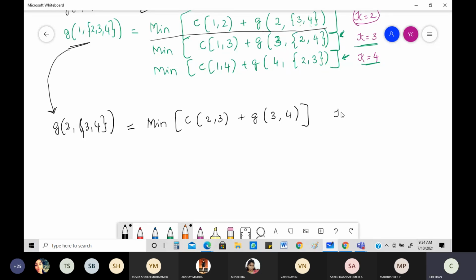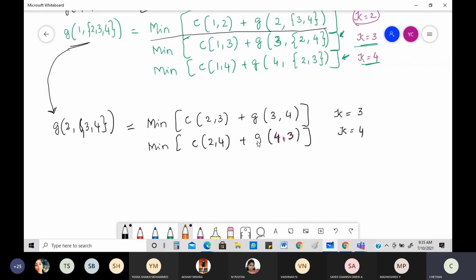Over. If you take K is equal to 3, then you can take 4 also. So what is going to happen? Minimum of C of 2, comma 4 plus G of what is going to happen? 4. See, I'm writing K there. Okay, always write the values. If you keep on writing general, this is what happens. Okay, see 4, comma 3. Same color. 4, comma 3. If you take K as equal to 4, okay, this is also done. This is also done now.